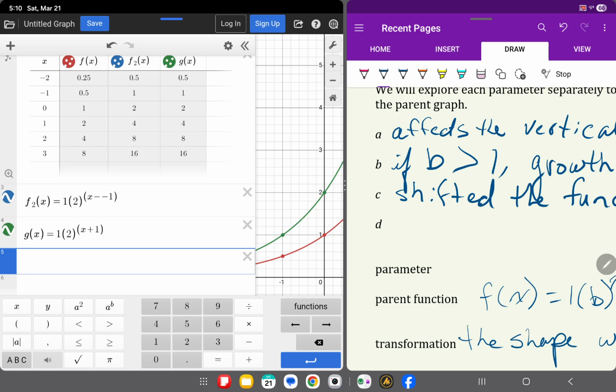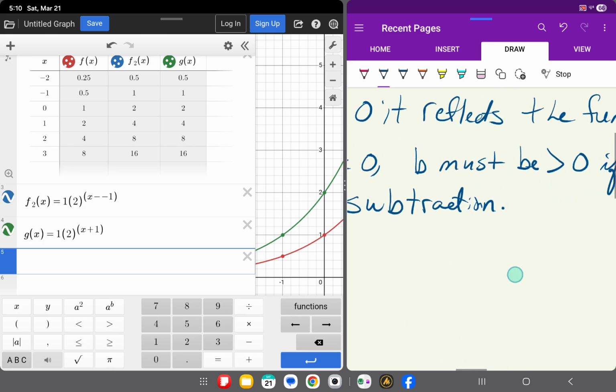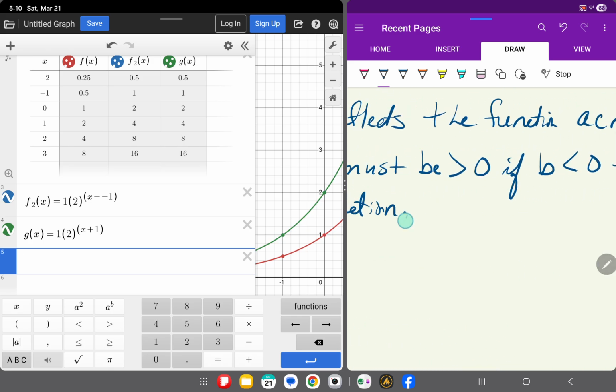So I can see that my blue and the green, this is the way f2 of x is how most mathematicians would prefer it, because we want that operation showing that it is going to be subtracting a negative one from whatever our exponent is. Instead of having to unpack, hey, I'm supposed to have an operation of subtraction, and how do I get an operation of subtraction? Well, I've actually got to be going in the opposite direction. So shift the function